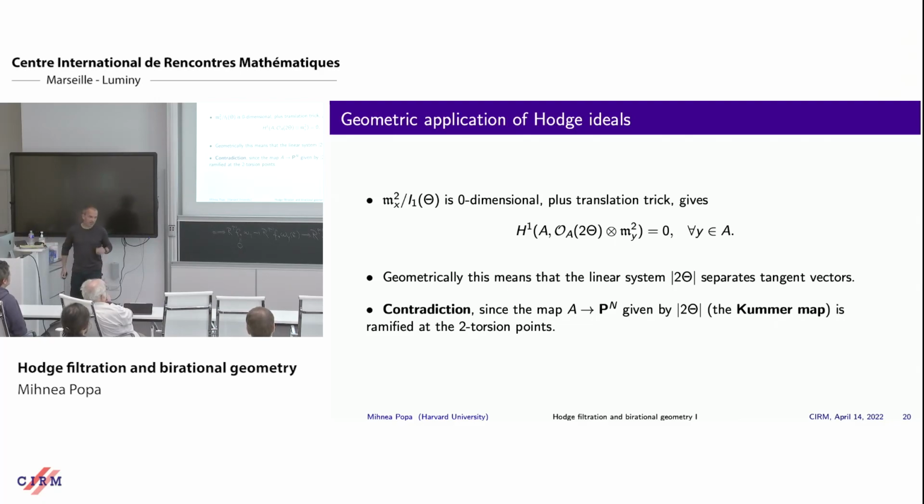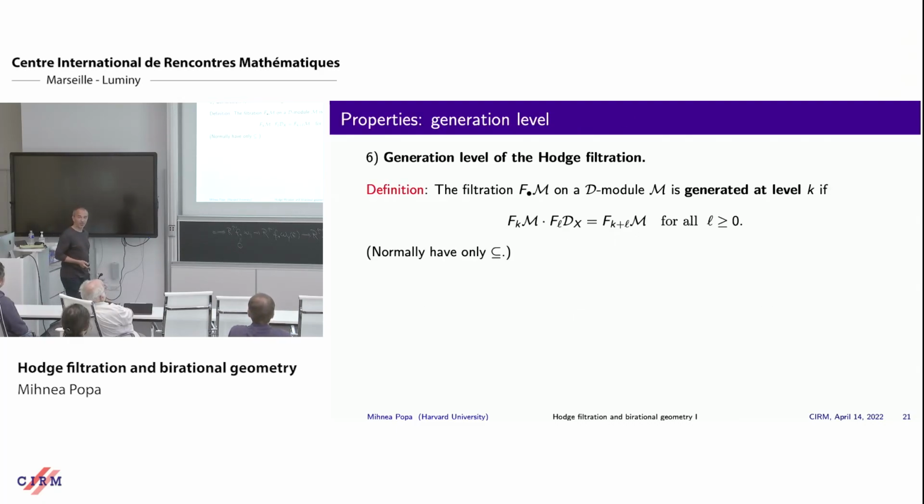I want to go back to, so I leave this, let's say, geometry, and I want to go back to the higher codimension case, and I want to explain something more cohomological in flavor that has to do with the Hodge filtration and local cohomology in general, and that's also something that we're quite excited about in recent times. And I also want to make Christian happy. Okay, so we're going to talk a bit about the generation level, and then we'll see an application of that